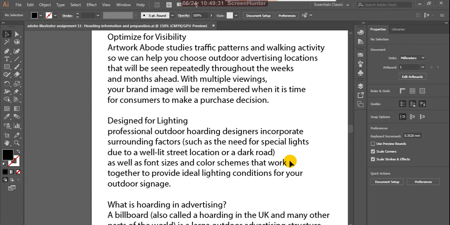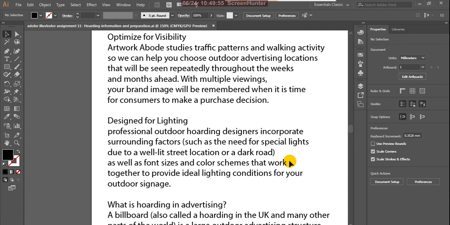So the font size is also very important. Suppose your font size must be bigger, and the colors, suppose the same font color can be displayed nicely in daytime as well as night time. You must choose the right size of font and color scheme.